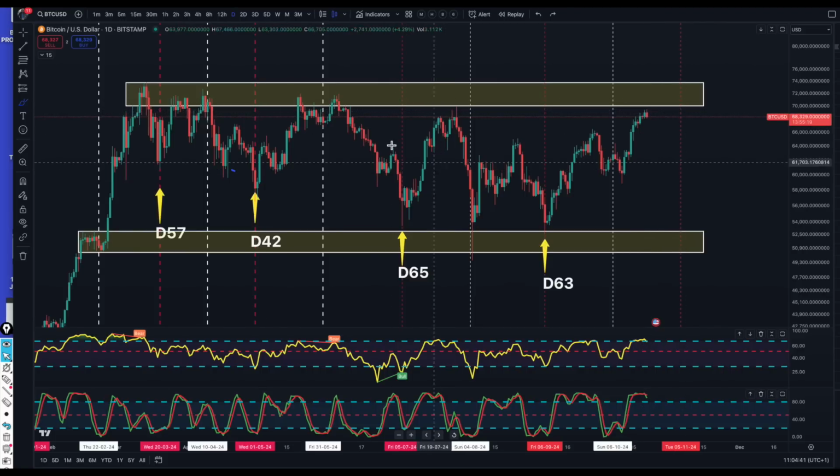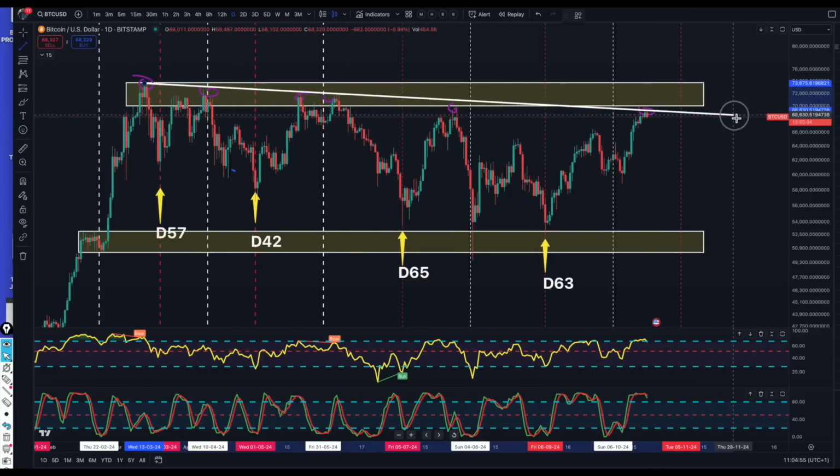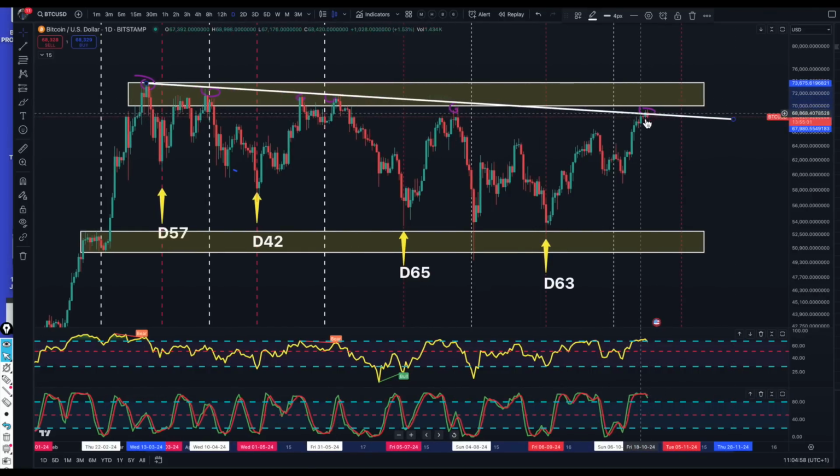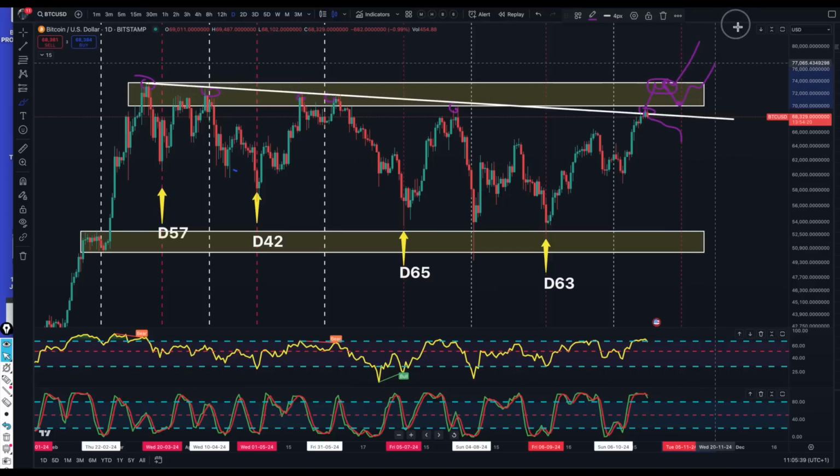And what we're doing currently, if you look at it from here, we've made lower highs along the way, and certainly the current one is another lower high. So we haven't actually broken through this trend line. What we've really got here is that we're coming up to a very critical juncture, and Bitcoin now has to make up its mind whether it wants to retest the 73,000 here and then go again, or we're going to get some sort of rejection where we are now. If we do get through, expect some sort of rejection at the 73,000 initially anyway, but if it really wants to go, after the initial rejection, we should see a big move to the upside and break through this 73,000